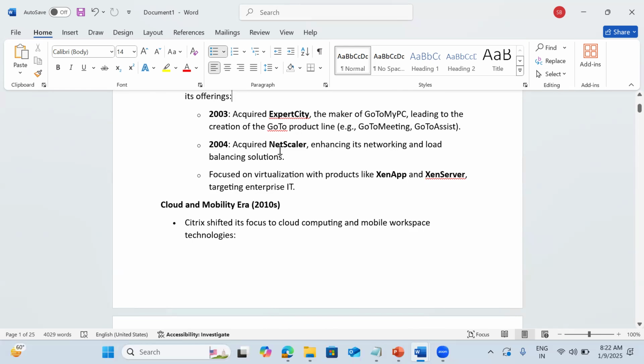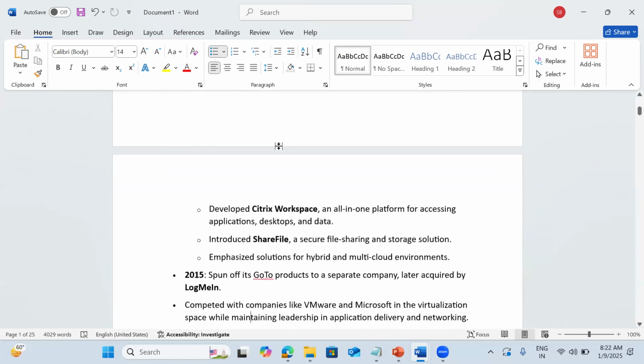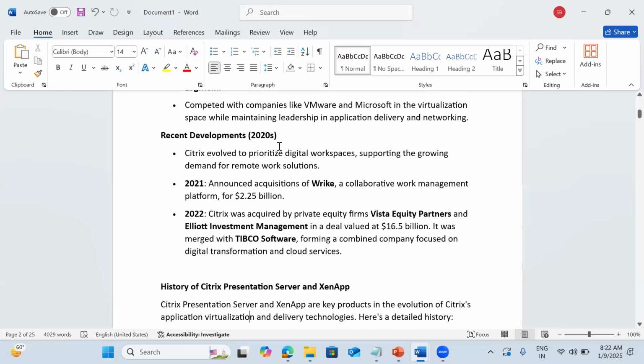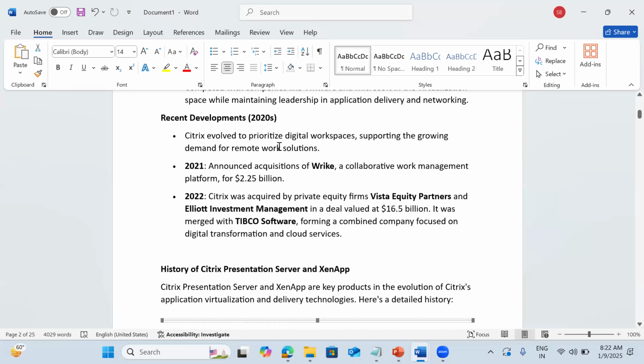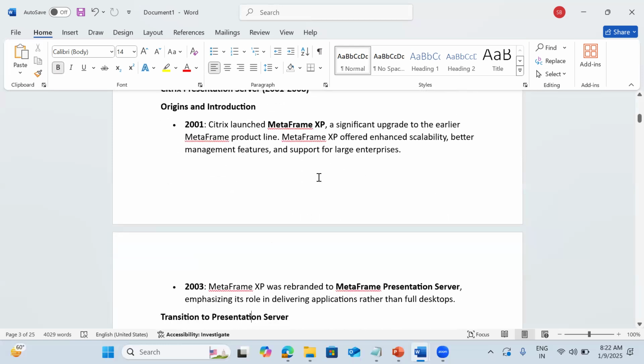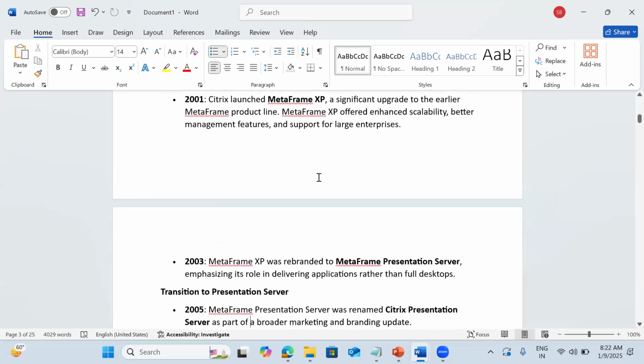They acquired Provisioning Services, NetScaler and XenSource. They wanted to expand into other areas, and they also developed XenMobile. Recently they also acquired a workforce management system called Rike. A lot of acquisitions have been done.